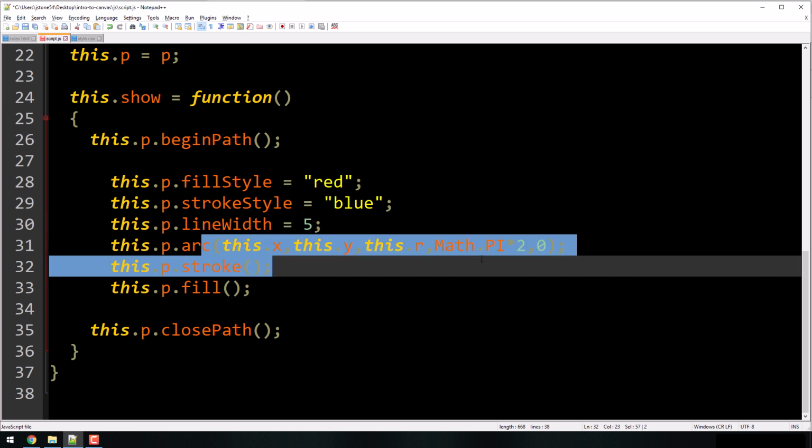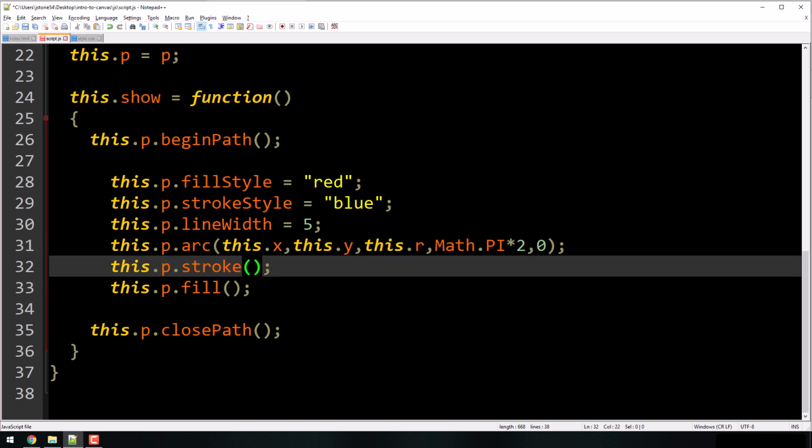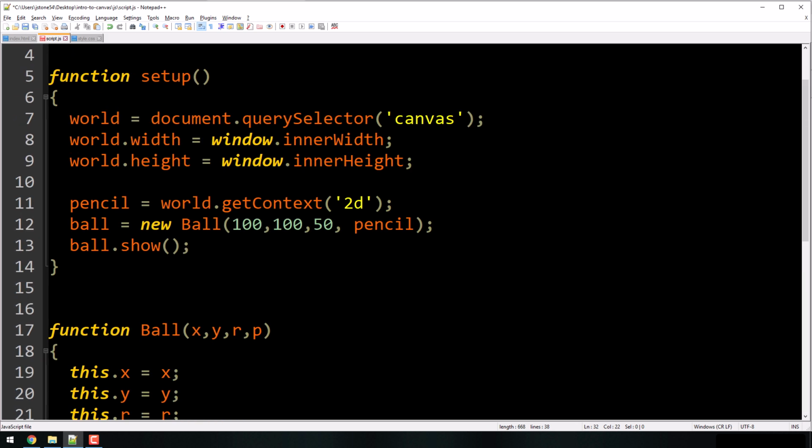Then I draw an arc. What I do with this line that says arc, it just creates the arc. P dot stroke, this dot P dot stroke draws it, right? And then fill fills it. If those 2 lines weren't there, we'd have nothing on our screen, okay? So, that makes sense? That's the whole project right now.